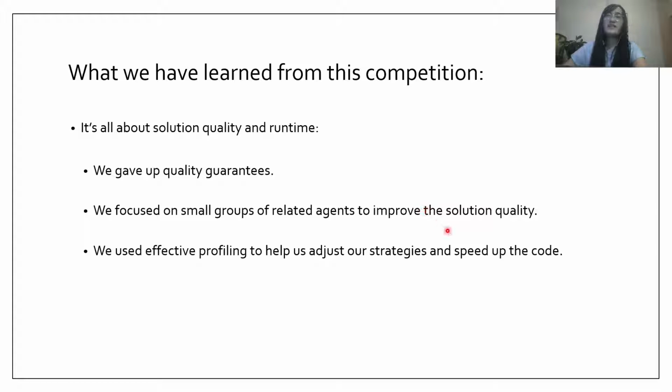But on the other hand, the optimal algorithms are not totally useless. We use the solutions generated by the optimal algorithms to identify the improvement space. So we compare the solutions found by the optimal algorithms and the solutions found by prioritized planning. And that's when we realized that replanning small groups of agents can improve the solution quality substantially. And that's why we developed the large neighborhood search method and the partial replanning method.